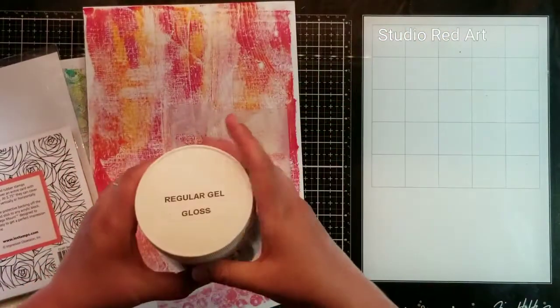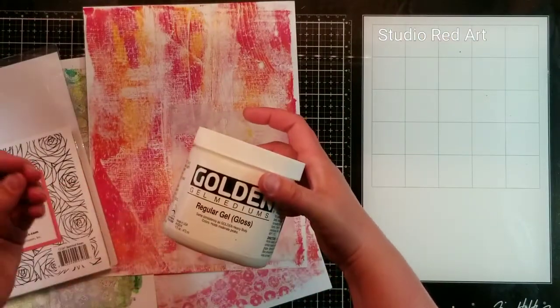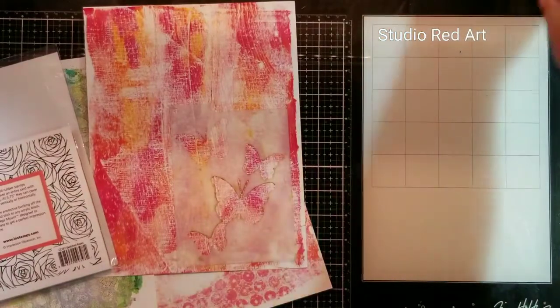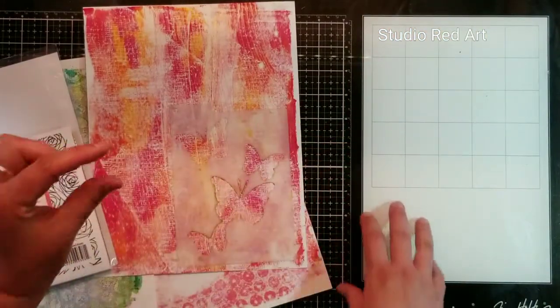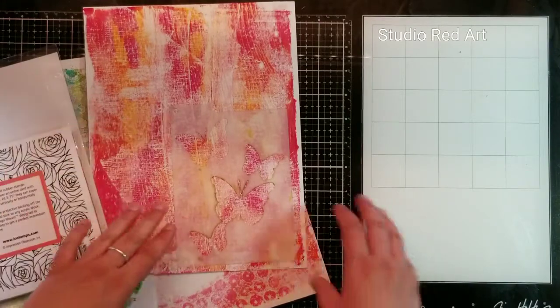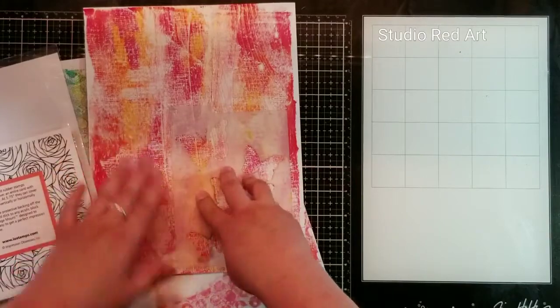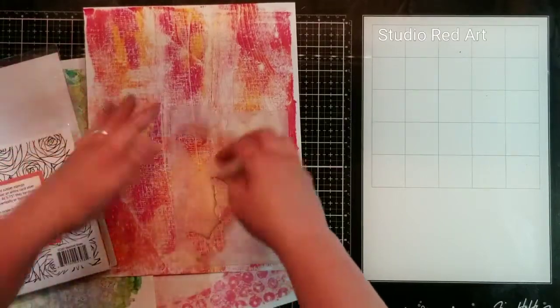over it with regular gloss gel from Golden. This is a clear, heavy body gloss, or medium body gloss, and it dries clear, so it will be a semi-raised clear element on my page that you can see what's underneath it. And then after that dries, I'm going to paint the rest of it black, so all you'll see is the